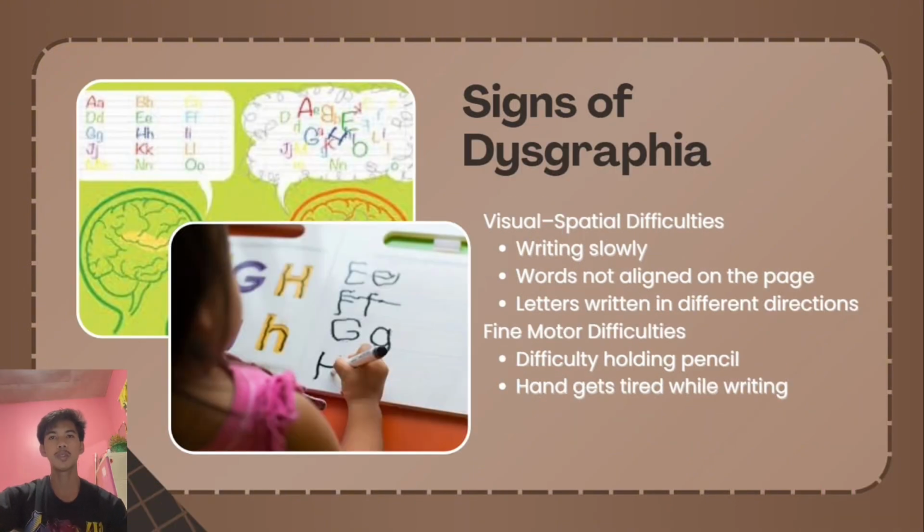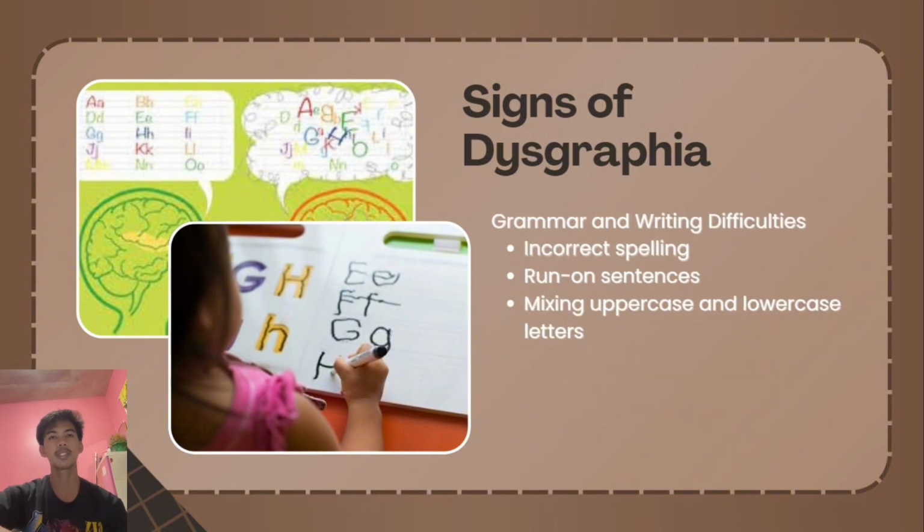There are also more specific signs of dysgraphia in terms of visual spatial skills. Students may write slowly, have poorly aligned words, or write letters in different directions. In terms of fine motor skills, they may have difficulty holding a pen or pencil, and their hands may get tired easily. They may also experience grammar and writing difficulties, such as incorrect spelling, run-on sentences, and mixing